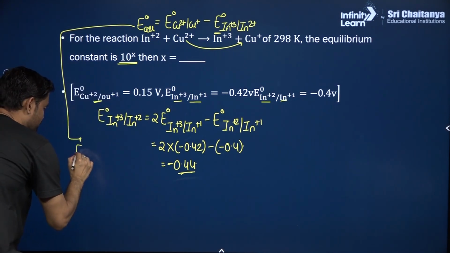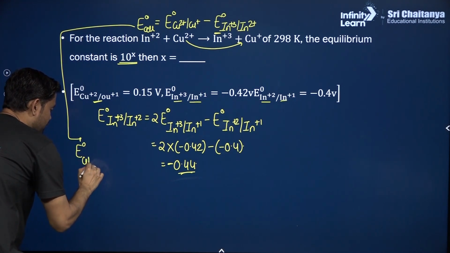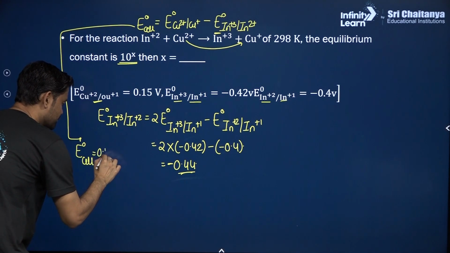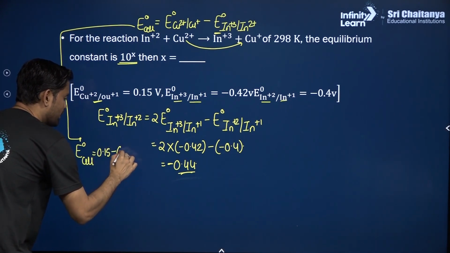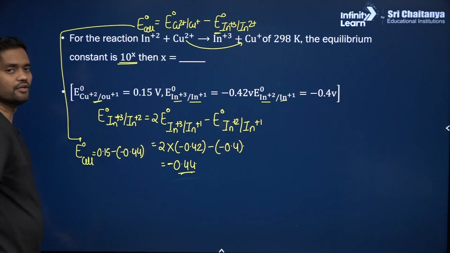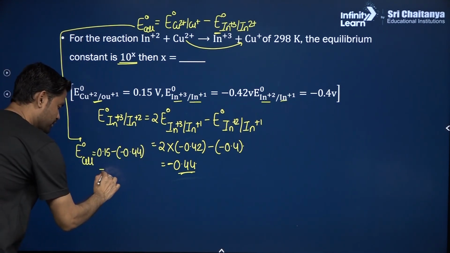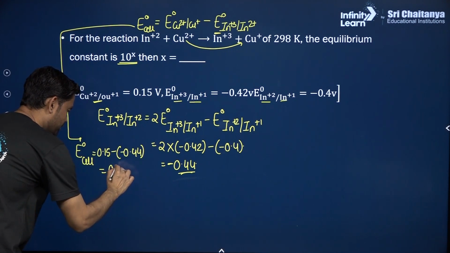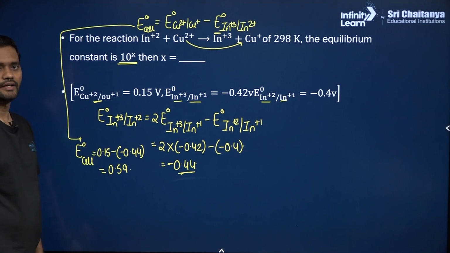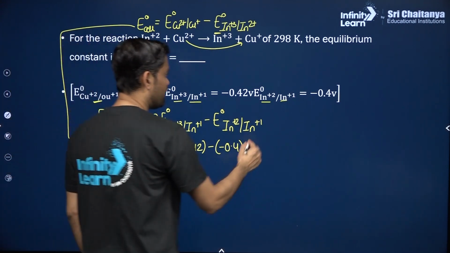So E naught of cell will be equal to how much? 0.15 minus of 0.44. So if you solve this particular question, you will get 0.59. Okay, clear? Then after that,